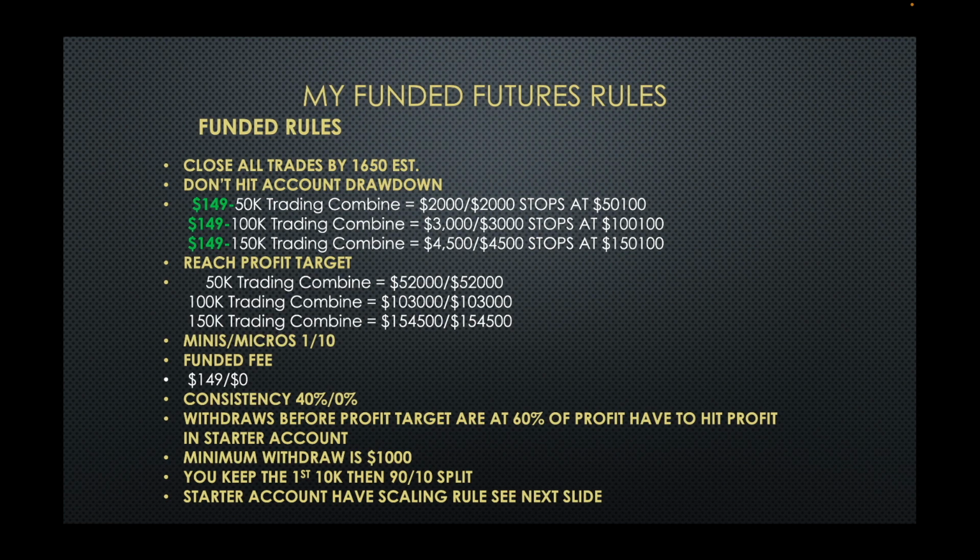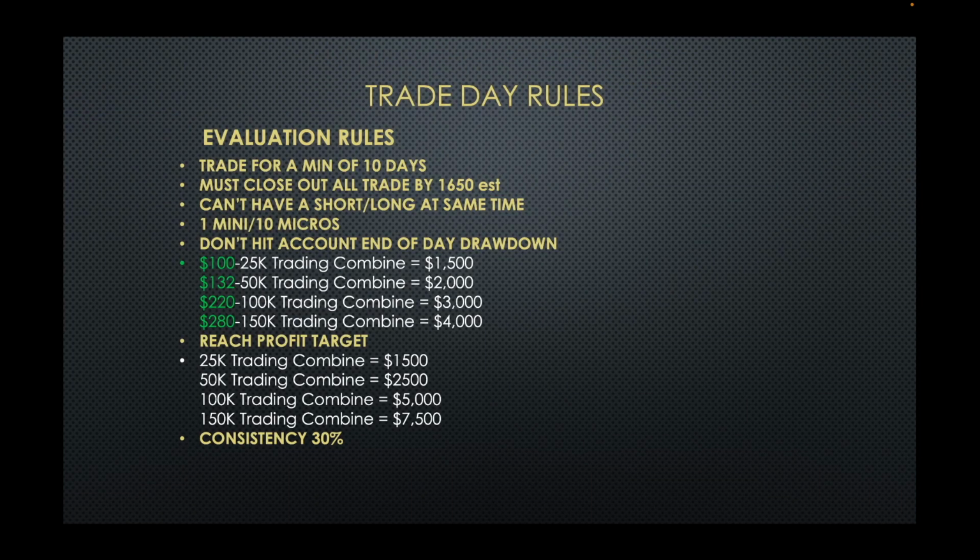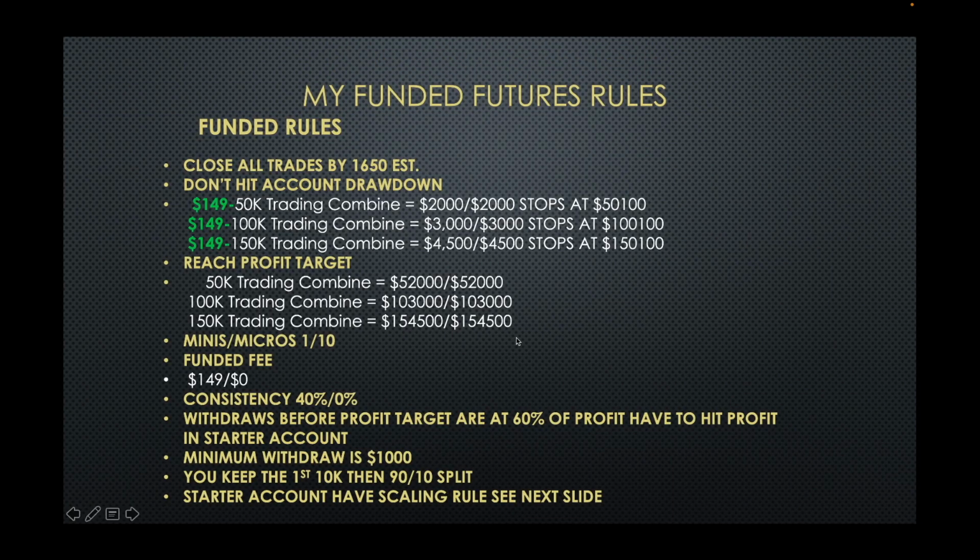And the 14 days are calendar days. I don't think I have that on. No. So the 14 days are calendar days. So for example, on day one of the funded account here, we'll say I made $54,000. So I can withdraw, as long as I withdraw a minimum of $1,000, I can withdraw that. But I have to wait 14 days to do that. But I don't have to trade those days. I just have to wait 14 calendar days. Basically, every 2 weeks you can make a withdrawal as long as you're above the profit target.